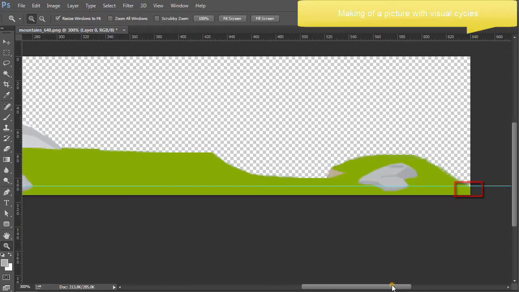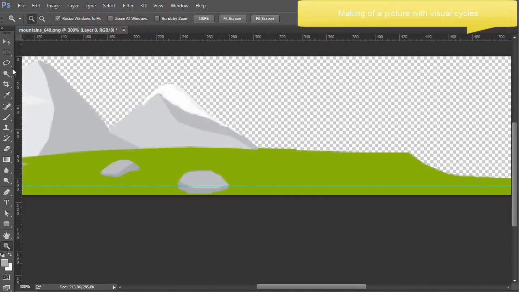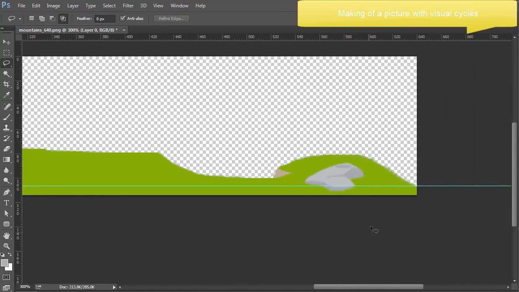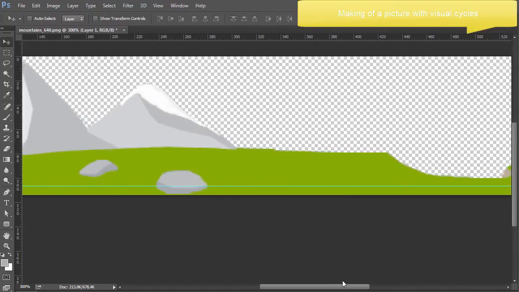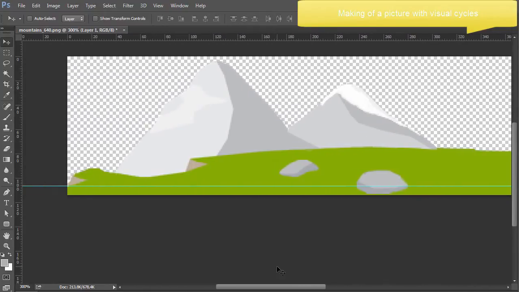On the opposite, if I put a rock here on the right side, like that, this couldn't work because the end of the picture would be too different from the left side from a visual point of view.